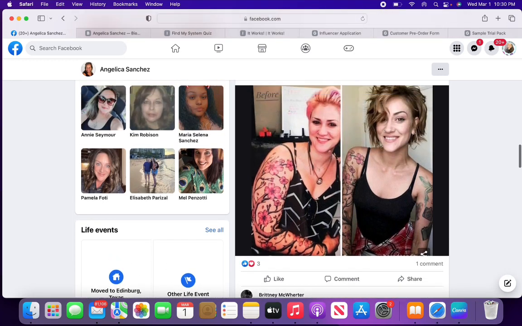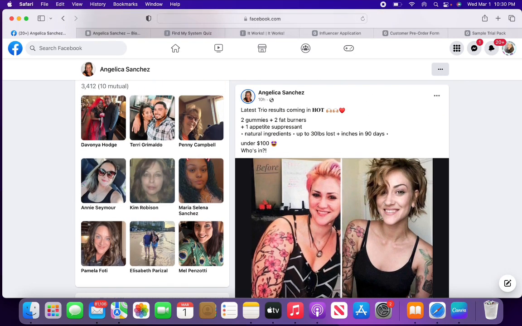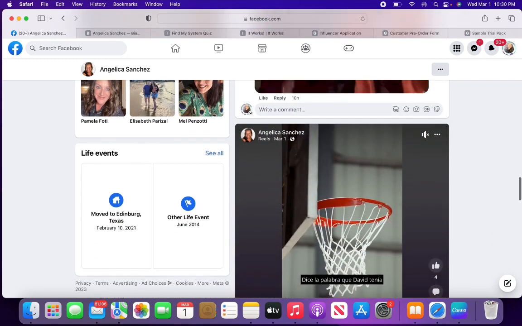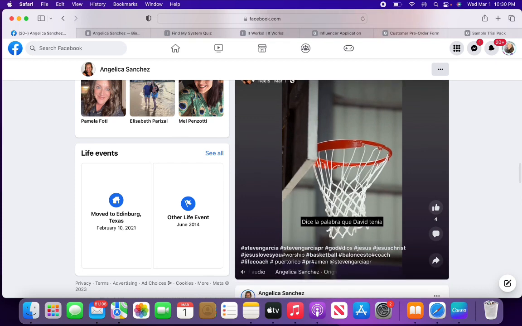The other thing is, with a before and after like this, you want to make sure you leave it up. Now, I see this is only 10 hours, so this is fine. You leave it up for about 24 hours and then you delete it. Because when you are interacting with people, doing all the social media stuff, people are immediately coming back to your page and they don't want to feel like you're trying to get them to buy something.